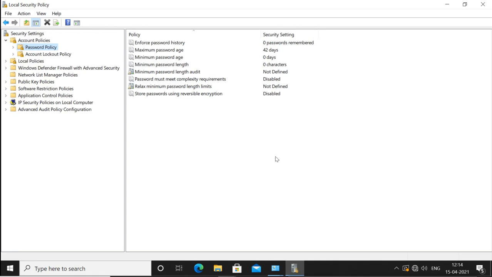Suppose right now your password is ABC. Now when you change the password, you may use the same password again. Some users have their own favorite password, so they want to use that password every time. When the password expires, it has to be changed, but the user still uses the same password again. Now that is not good for security.